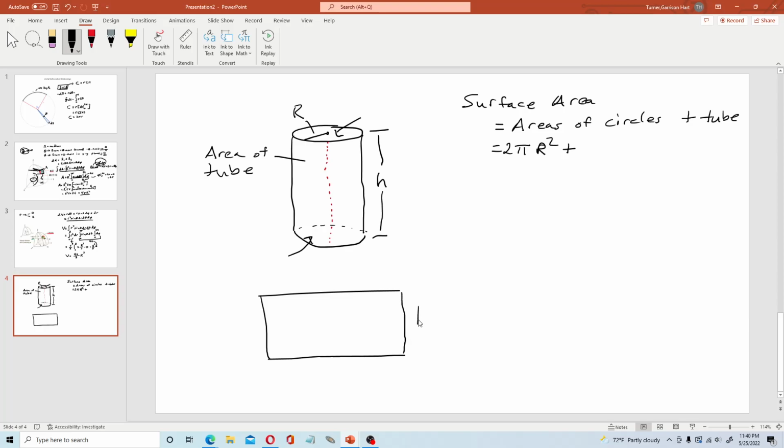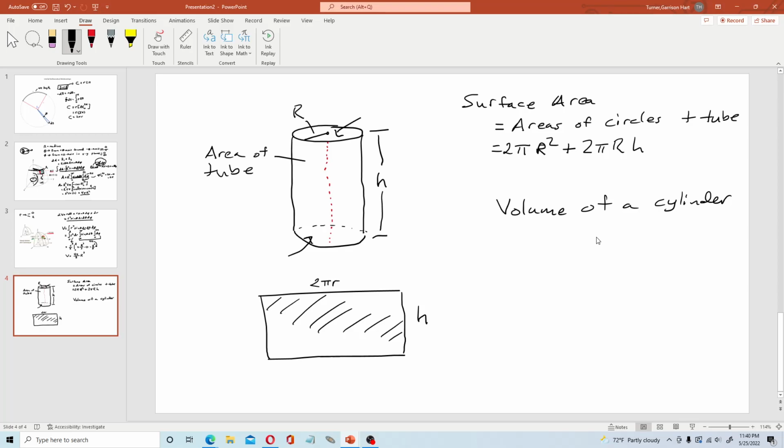Right? So this would still be h, this would be the height, and the length here would be the circumference of the circle. Right? Because I would be stretching this out and rolling it out, so this would be 2 pi r. And so then the area of this rectangle is 2 pi r h. Right? So that's the surface area of a cylinder. And then the volume of a cylinder is going to be